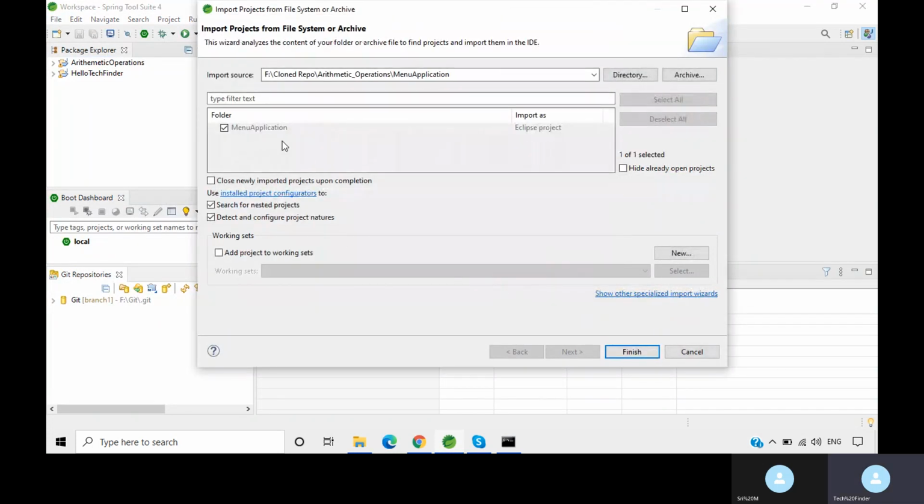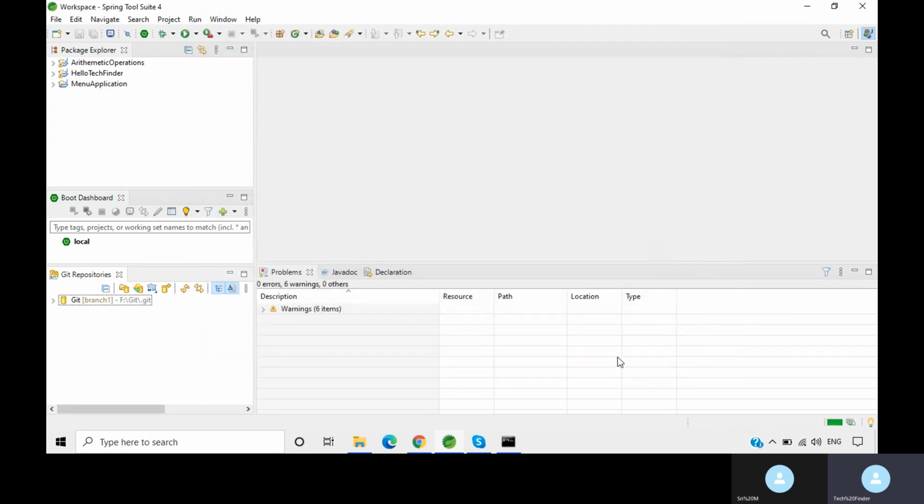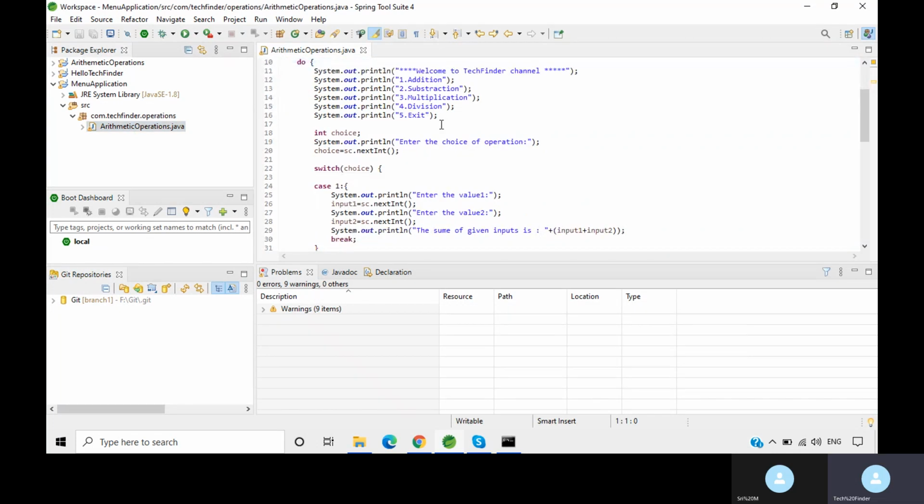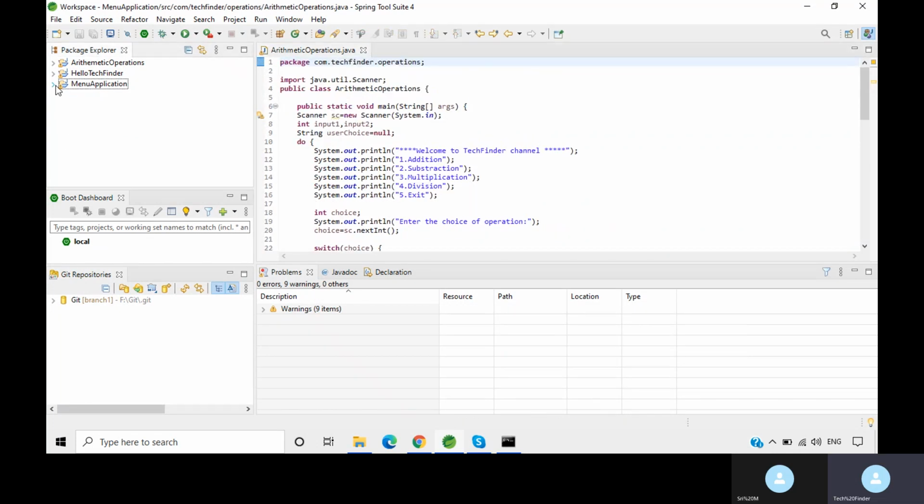Here see what project we are importing and just click on finish. See, the project is going to be added here. See, the project is added into our STS editor.